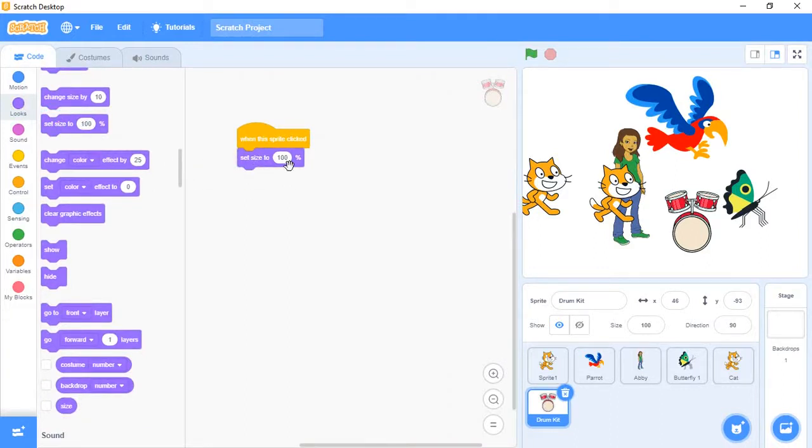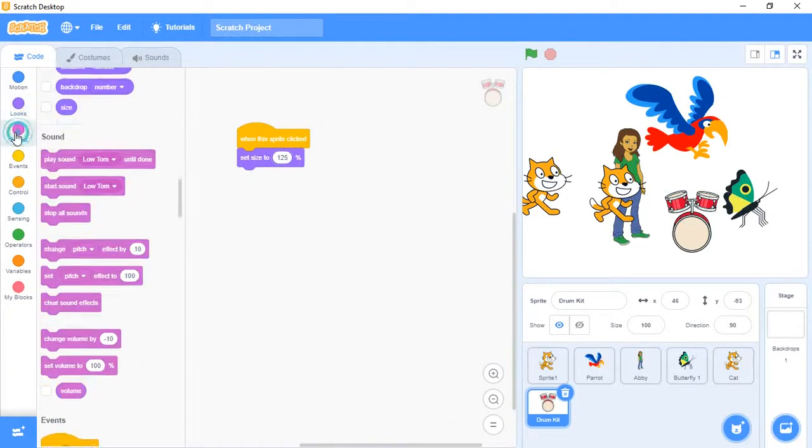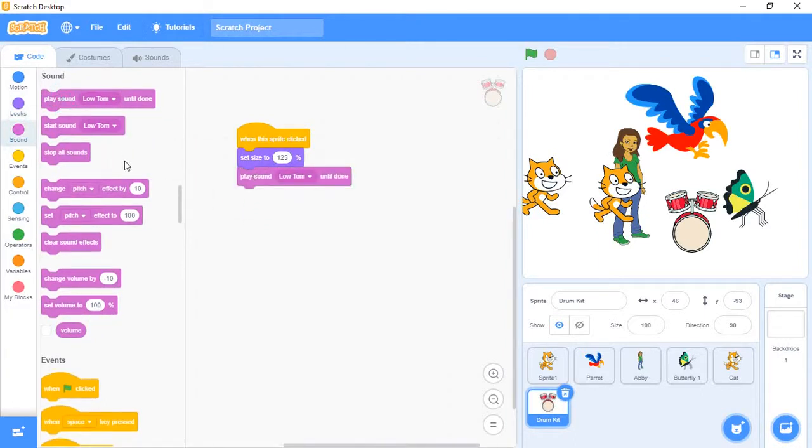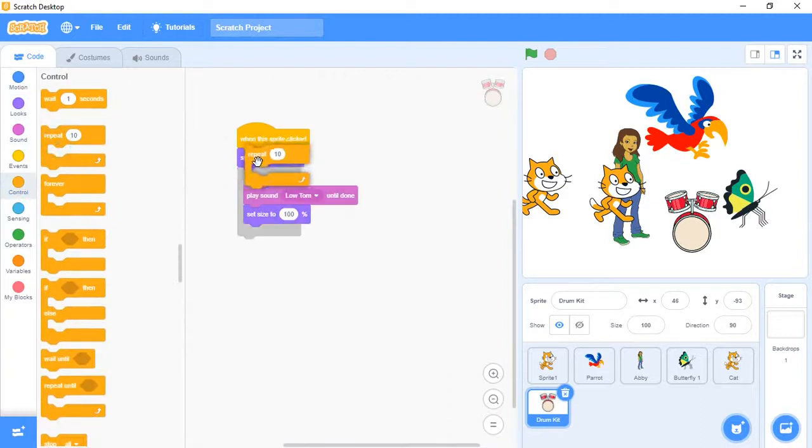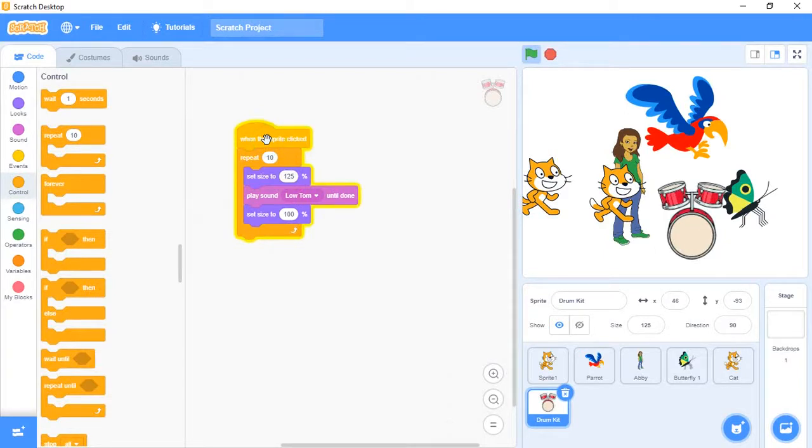Set size 125. Sound, set the sound. See here, it's increasing and it's decreasing.